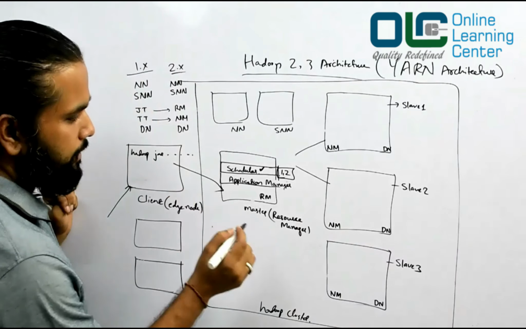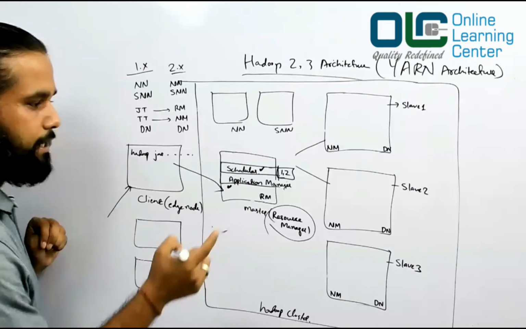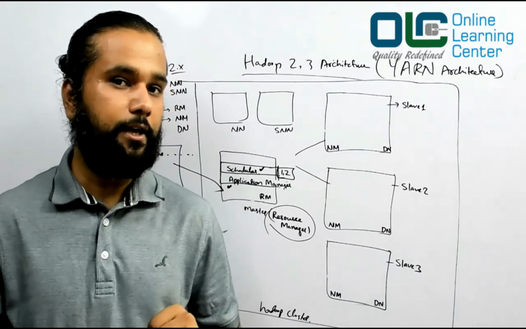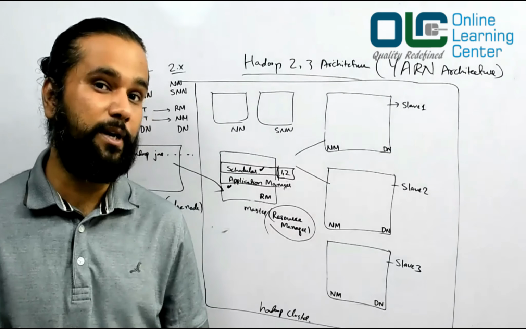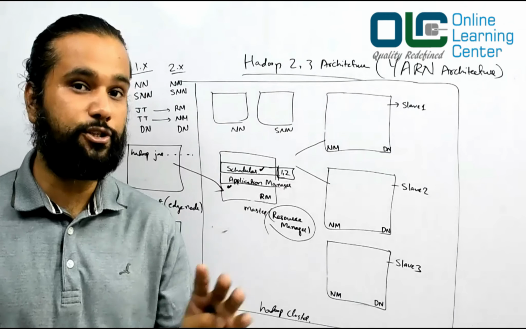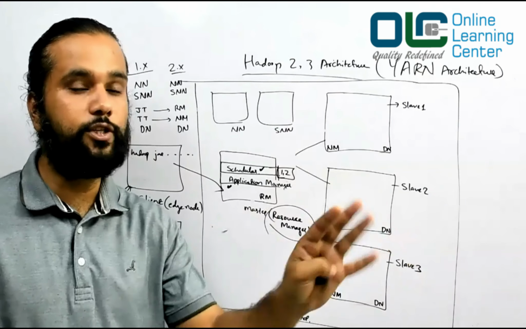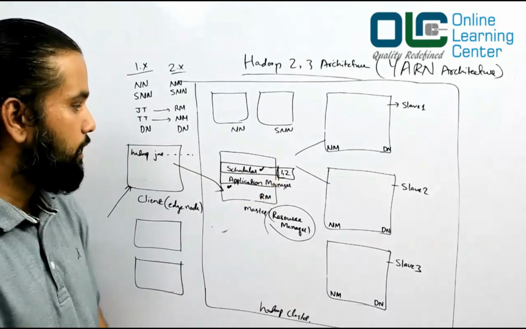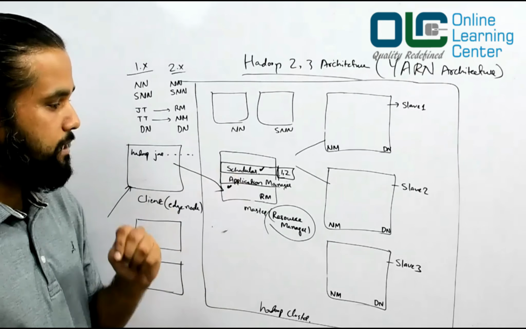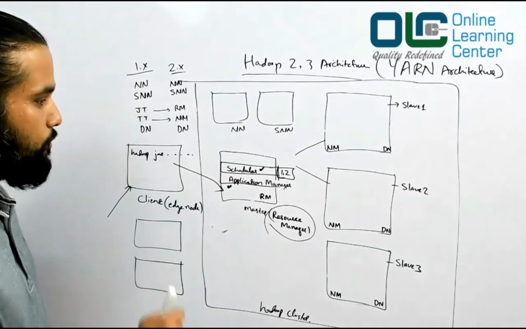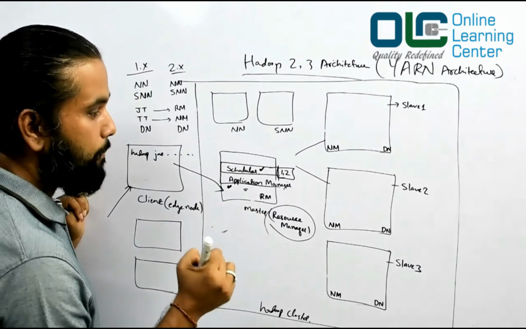Then what happens? Then your resource manager takes the help of your application manager. It says, hey, we have to run one application because we got a requirement from a client. The client wants to submit a job, and I have already spoken to the scheduler. The scheduler has already taken care of all the resources, how much memory would be needed on which machines and all. So all these things are taken care of. Now we must execute the job, right? So this application manager says, okay, we will do it for you, right? Then this application manager would basically launch an application master.